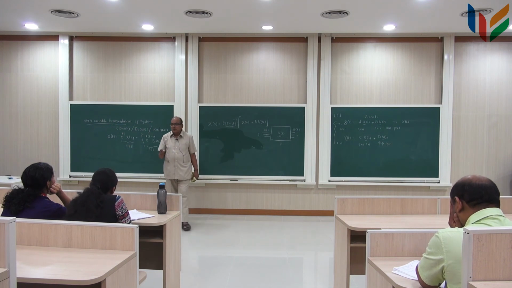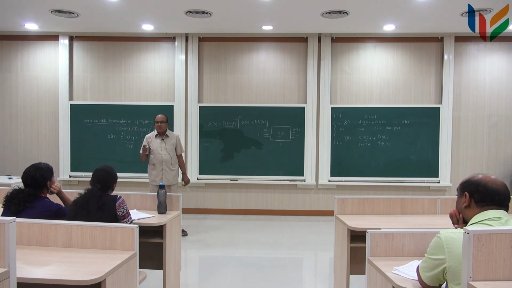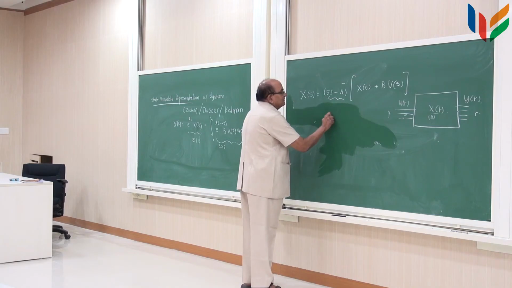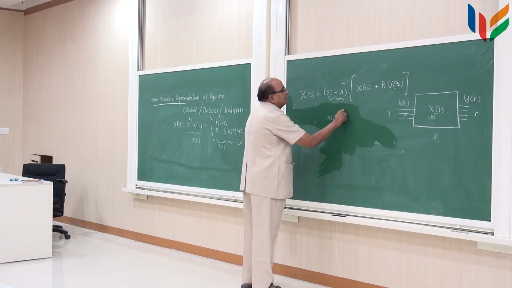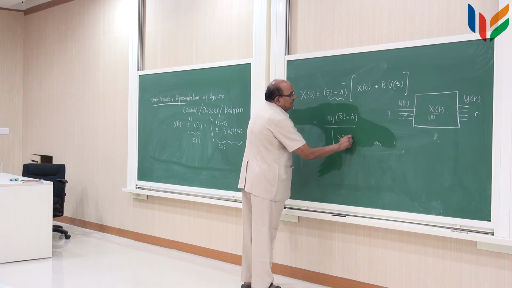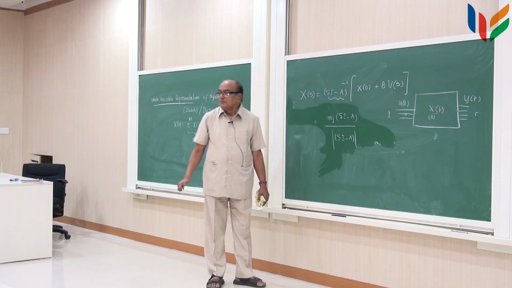Matrix inversion is equal to the adjoint of the matrix divided by the determinant of the matrix, right. So, you write adjoint into